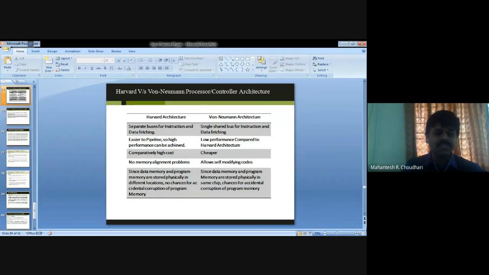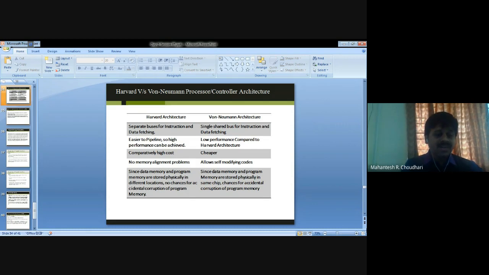Coming to the differences between Harvard and von Neumann: Harvard has separate buses for instruction and data fetching, while von Neumann has a single shared bus for instruction and data fetch.